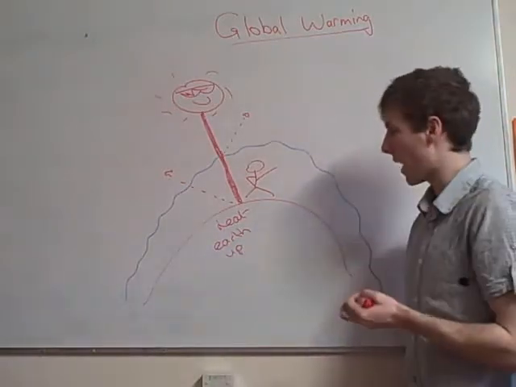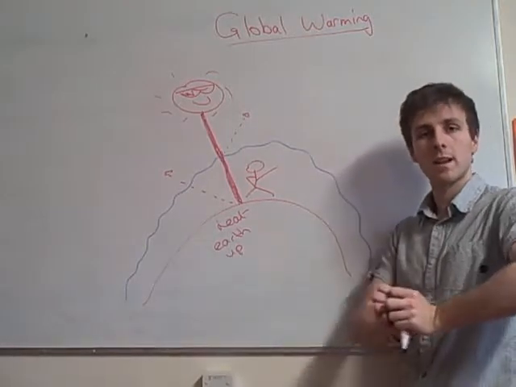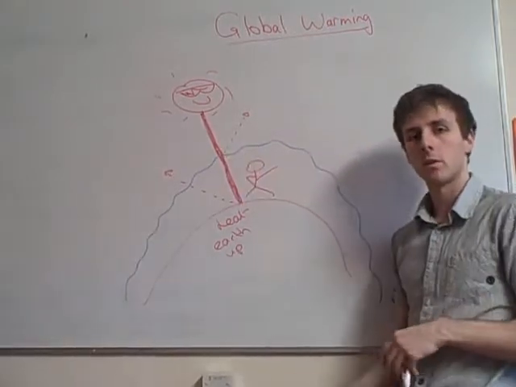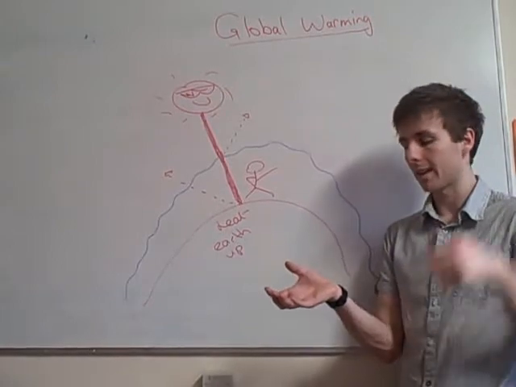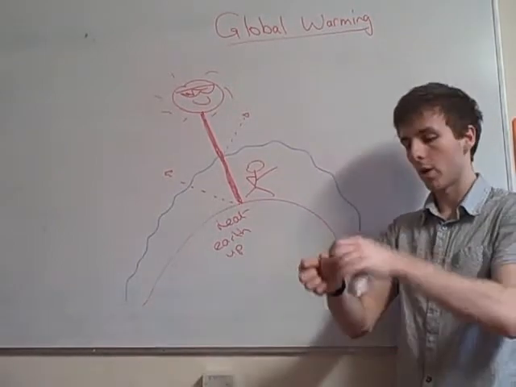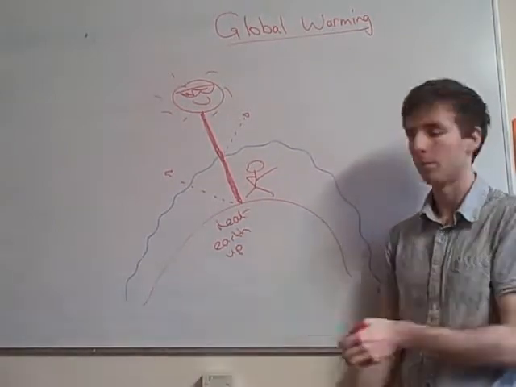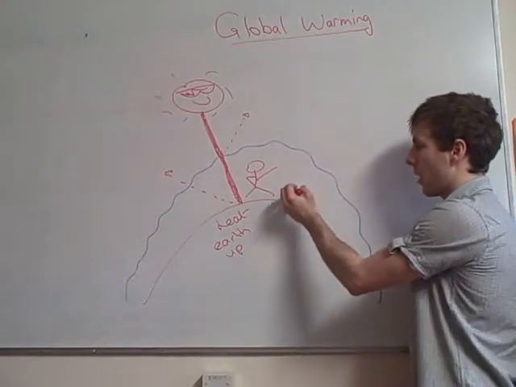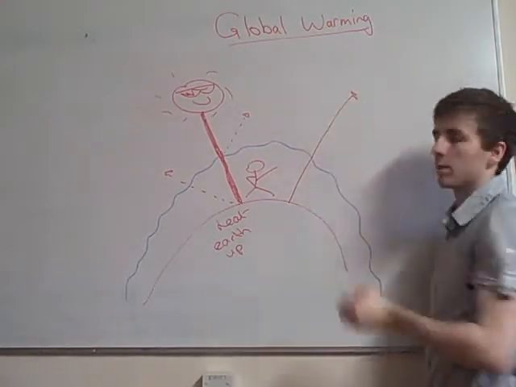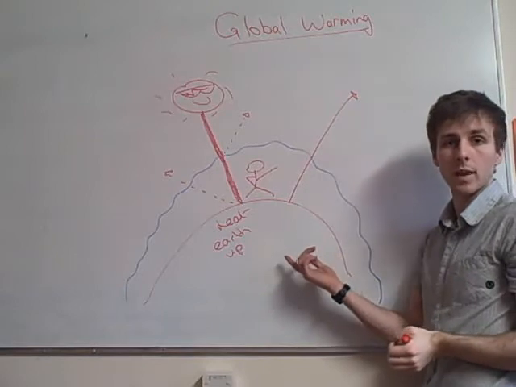Later on, what will happen is the Earth will radiate that heat back out. Just like when you take a metal tin out of the oven, it gets hotter, you take it out, it radiates the heat back out to cool down. And this heat will go out through the atmosphere into outer space, and the Earth cools down again.